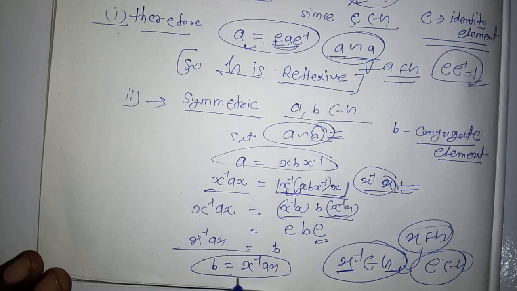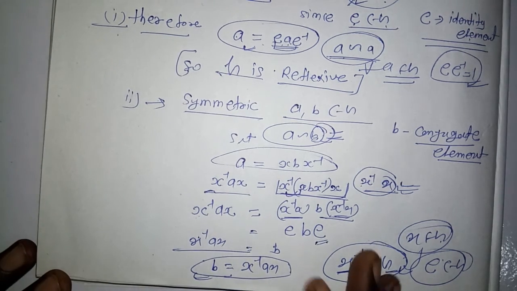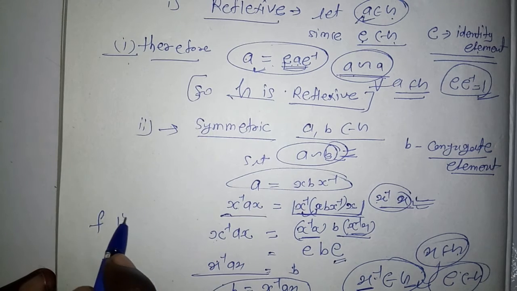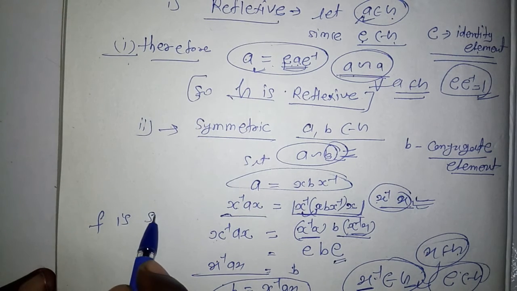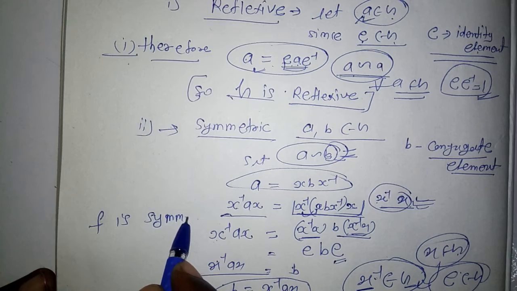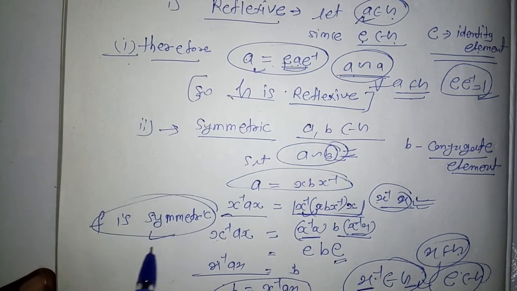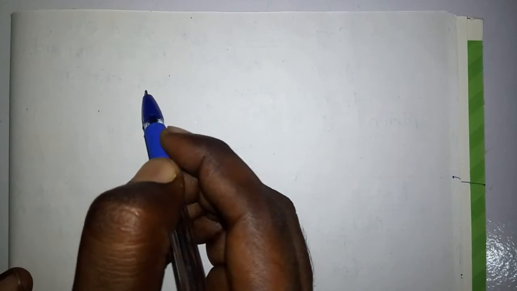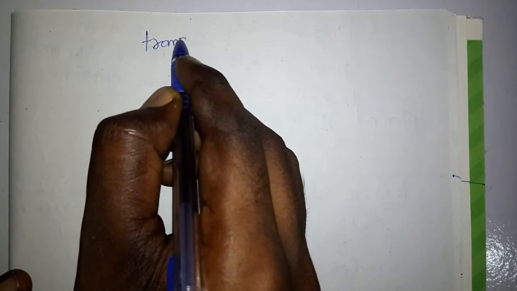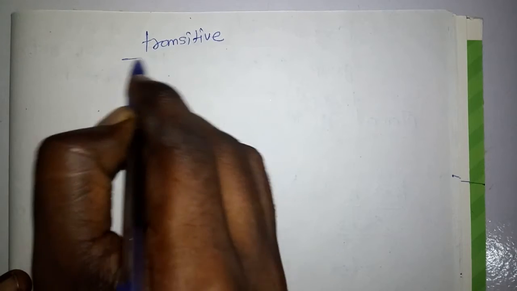now according to this condition we can say that F is reflexive, F is symmetric, students. Okay, F is symmetric. And now our third property, transitive. Transitive, students. Okay, what is the transitive property? Transitive is